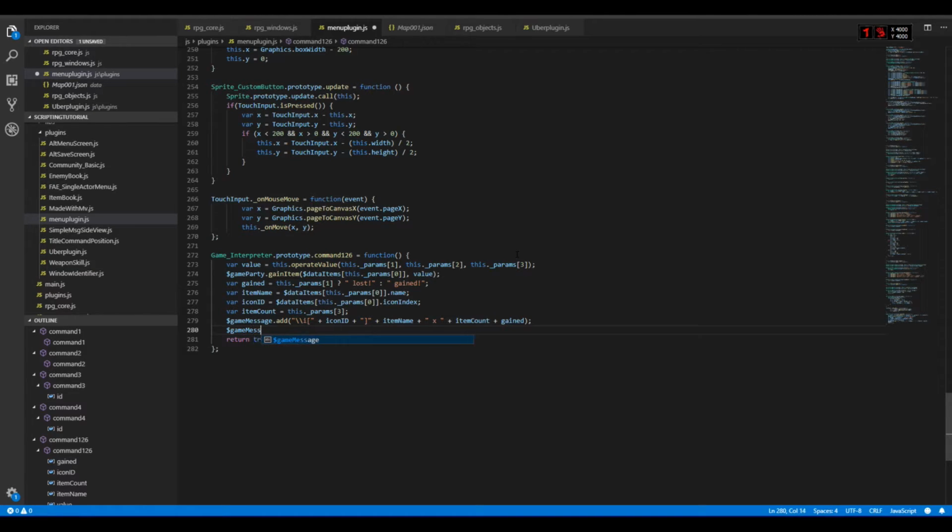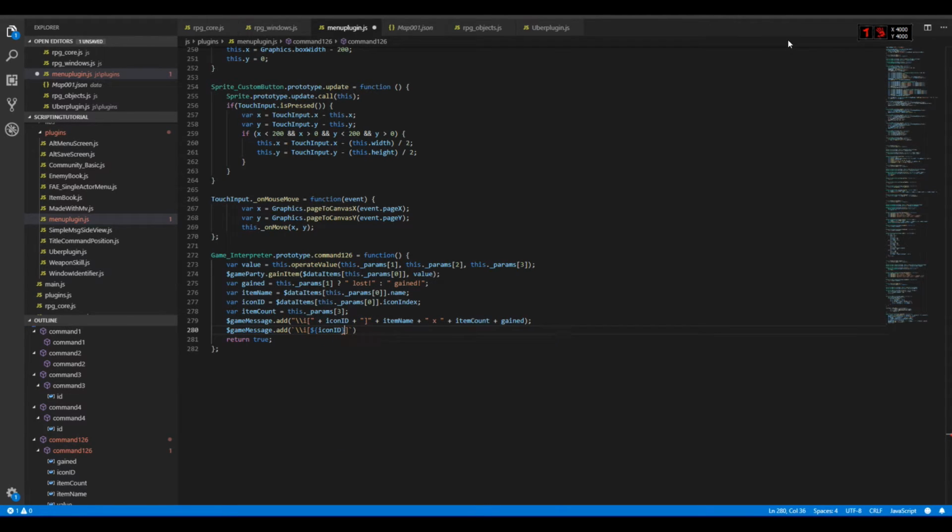Game message dot add, you use these kind of marks, and you simply go like this. And if you want to have a JavaScript operation here, you simply go $, curly brackets,